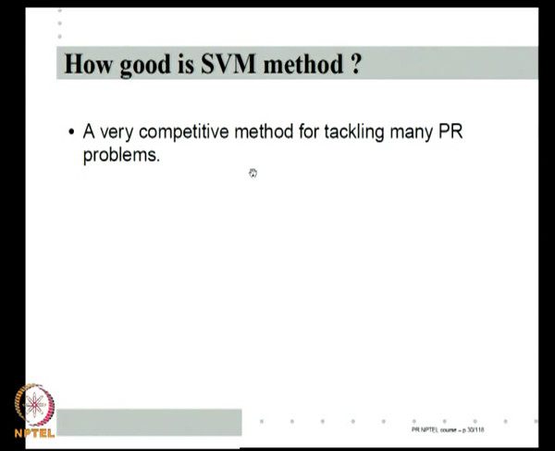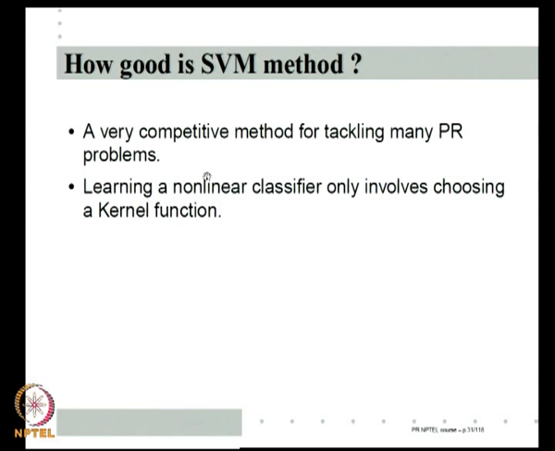SVM is possibly a much more complicated method than the neural network methods we considered earlier, but that is not to say that neural network methods will not work, or that SVM is good for every problem. Obviously, it does not generate magic classifiers, but all the same, learning a nonlinear classifier only involves choosing a kernel function here, and that is much easier because I am just asking for the kind of separation I want, as opposed to choosing whether I want one hidden layer or two hidden layers, and how many hidden nodes I want in a neural network case.